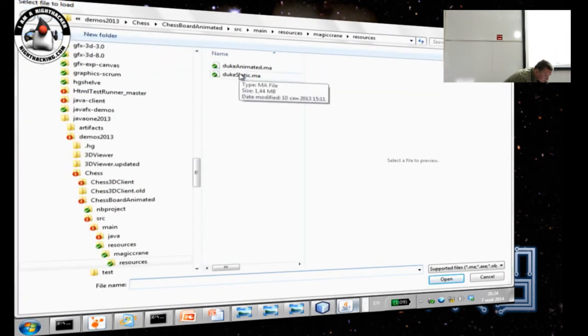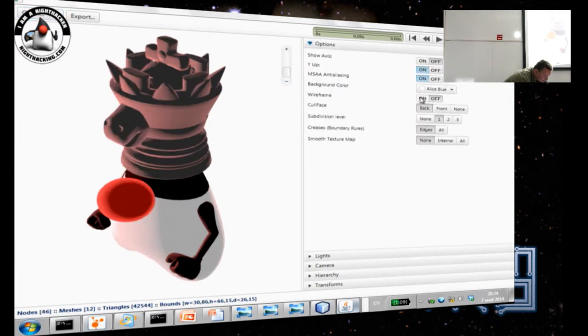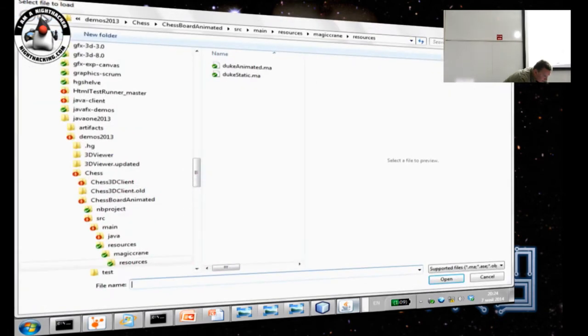So what you just said was the 3D Viewer converts polygon mesh into triangle mesh. Is that what I heard? Yes, that's correct. So 3D Viewer dynamically converts polygon mesh into triangle mesh. Triangle mesh is something that JavaFX can render, and polygon mesh is something that you can operate on in your program, but you need to convert it into triangle mesh to be rendered with JavaFX.